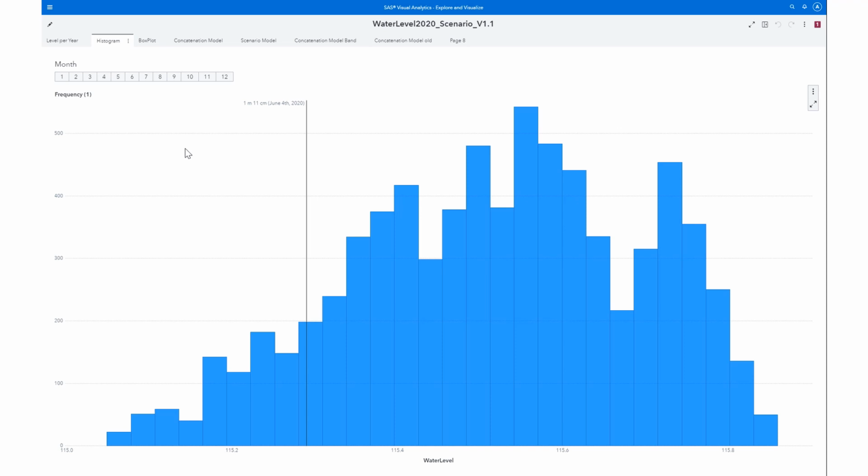In this graph, you see a histogram for the water level over the last 20 years. If we just take a look at this graph overall, we might say that the actual water level, which I indicated here as a reference line, is maybe not too bad. It does not lie in the middle or in the above section, but it lies somewhere in the lower quarter. The problem, however, is that we are looking here at the